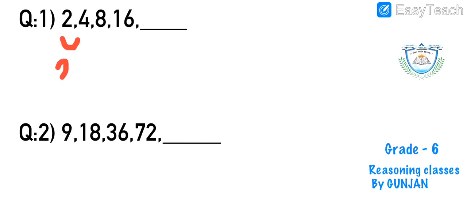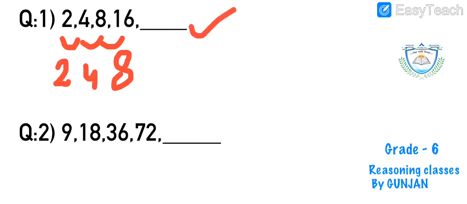Difference between 2 and 4 is 2, 4 and 8 is 4, 8 and 16 is 8. Now can you see the difference is not the same, but they also do follow a pattern. Each and every number, whenever I proceed, is multiplied by 2, which can be seen in the question also. See, 2 ones are 2, 2 twos are 4, 4 twos are 8, 8 twos are 16. So that means our next number will be 16 twos are.